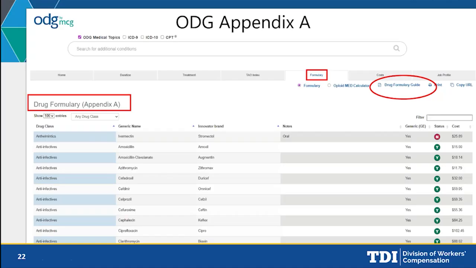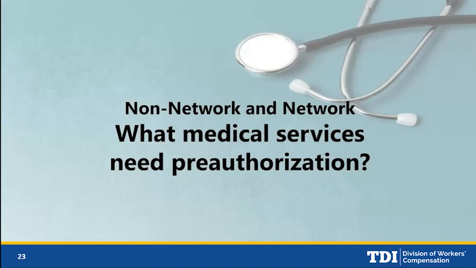So there's a tab for each month on the spreadsheet we have on our website. And as you'll see here, it's going to give you an N or a Y. So the Y status drugs do not need pre-authorization. N status drugs do. So again, if you're looking for that Appendix A, know your doctor. You need to determine whether it's an N status drug or not so that the doctor that's prescribing can prepare that request for pre-authorization if necessary.